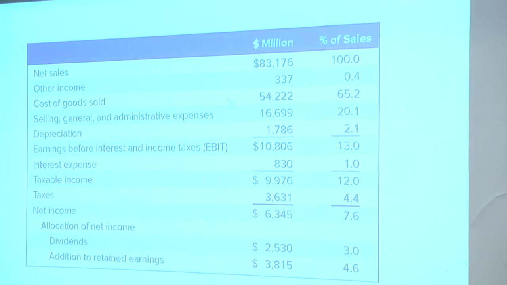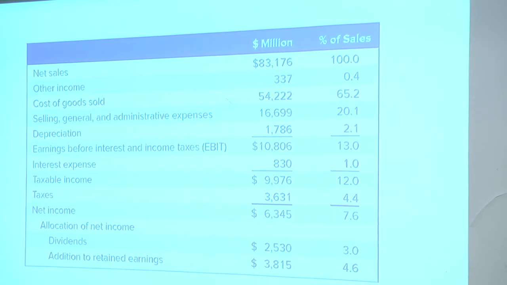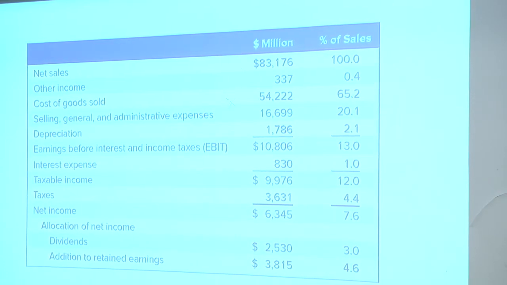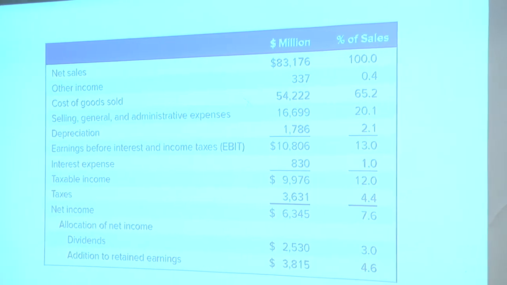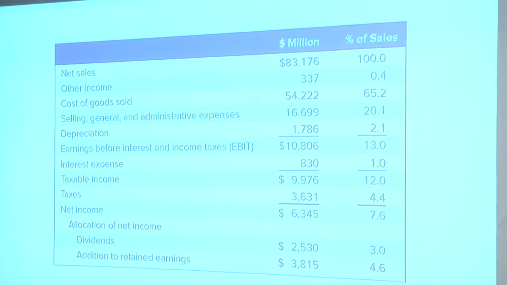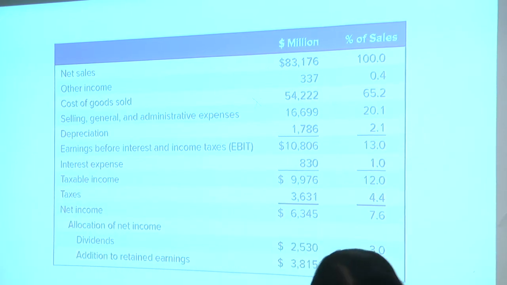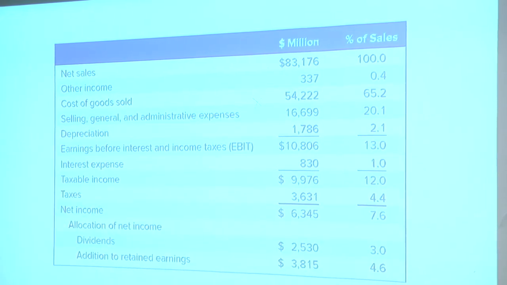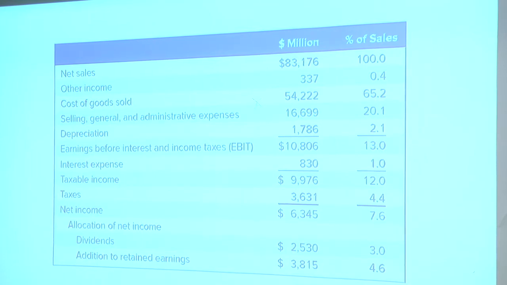There's one interesting item, which is earnings before interest and income taxes. I want you to pay attention to this item specifically, and the meaning is in the name. It says interest first, then tax. That's the right order. You deduct interest expense first, and then you deduct tax. Why is that important?